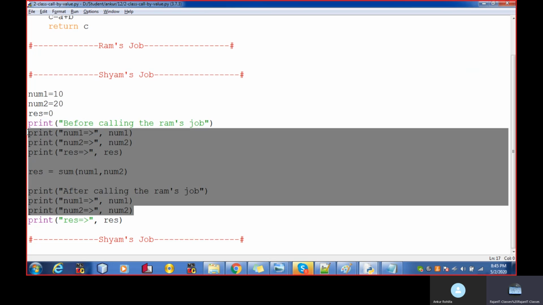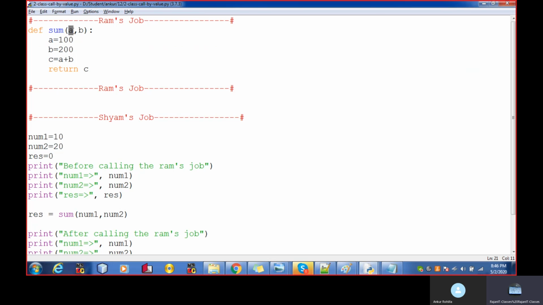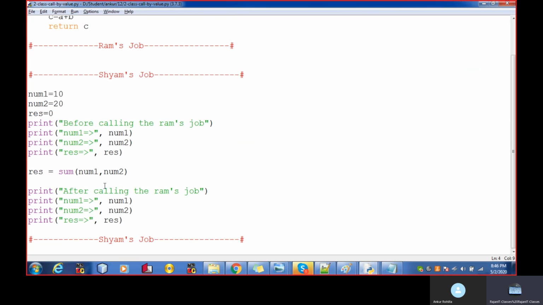This concept is known as call by value. Your num1 and num2 are the original parameters, and these are the arguments. If something happens with the argument variables, the changes are not reflected back to the original parameters.